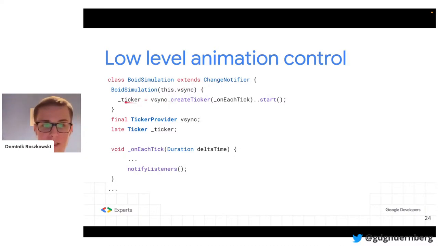So what I have here is that I'm assigning the ticker variable by calling create ticker on our vsync, or on our ticker provider, and then I'm passing the callback on each tick. And then I'm just calling start. So I'm telling this ticker, hey, now start ticking, and every tick I will be notified here, and a tick is just a frame, and you will get information from Flutter on how much time has passed since your last frame.